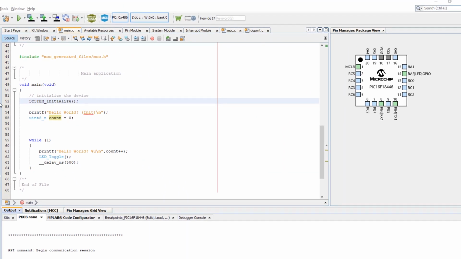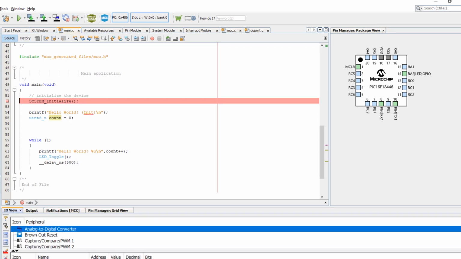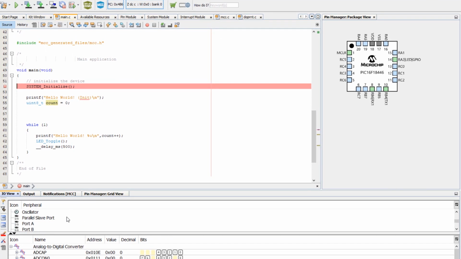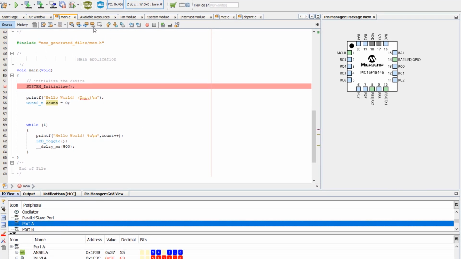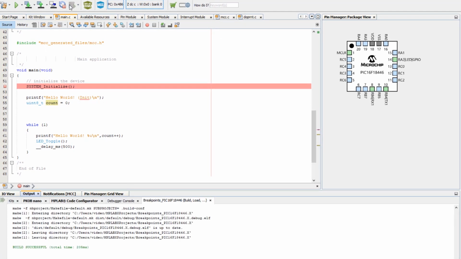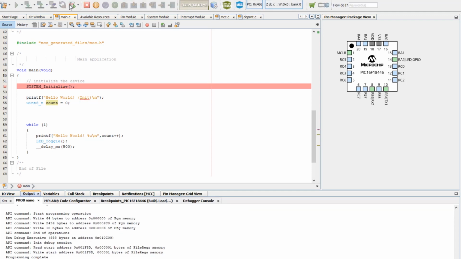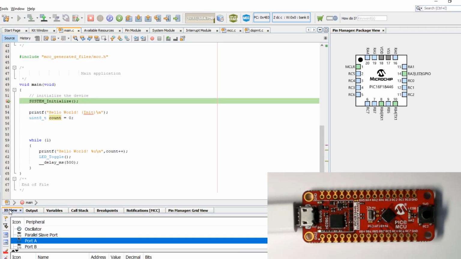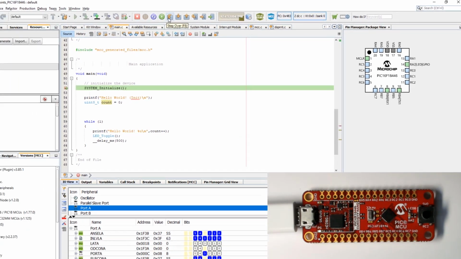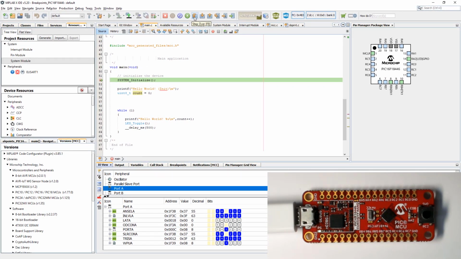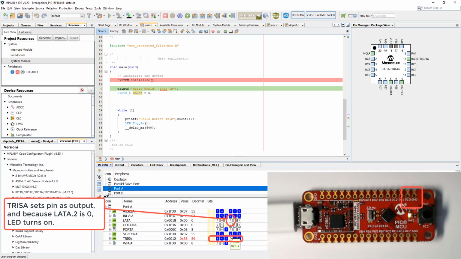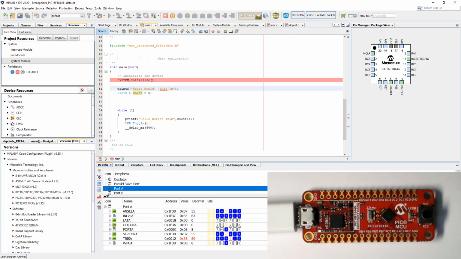Okay, so now what we're going to do is set a breakpoint at the first line of main. We're going to open IO view to check what happens. Specifically, we're going to look at port A. Now we're going to start a debug session. As expected, we break at the first line of main, and as we step over, we can see that we clear the bit to turn the LED on, and we can now run